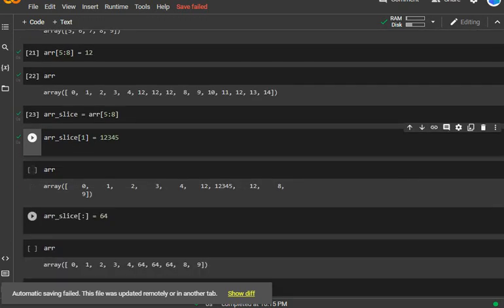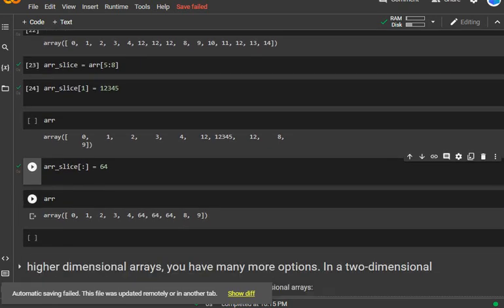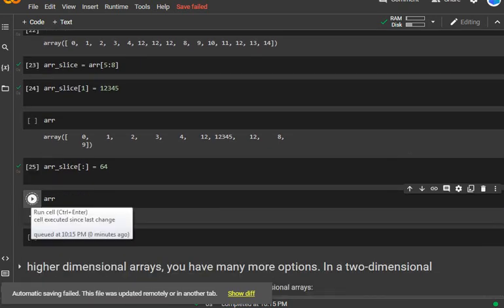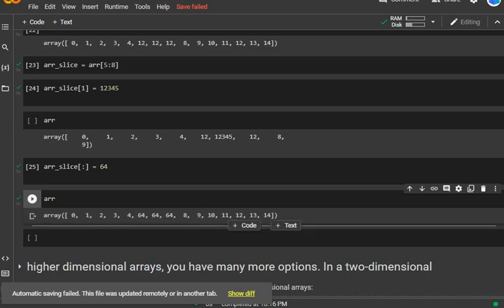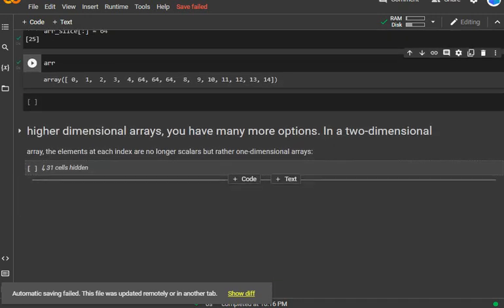Another way is to use a colon. Look here, this one is 64, and now it goes 0, 1, 2, 3, 4, and after the 5th it is 64, 64, 64, and then the 8th, 8th, 8th, 8th. So this is the alternative way we can write.